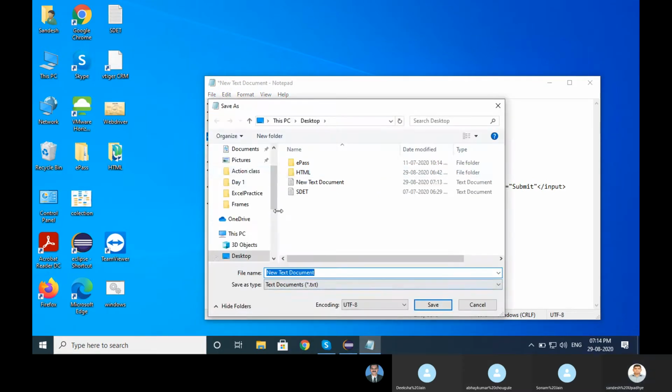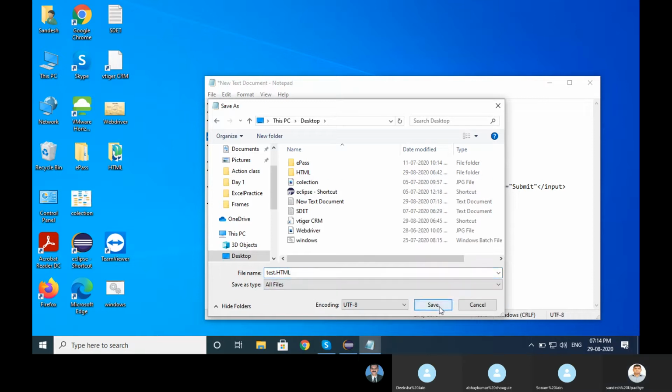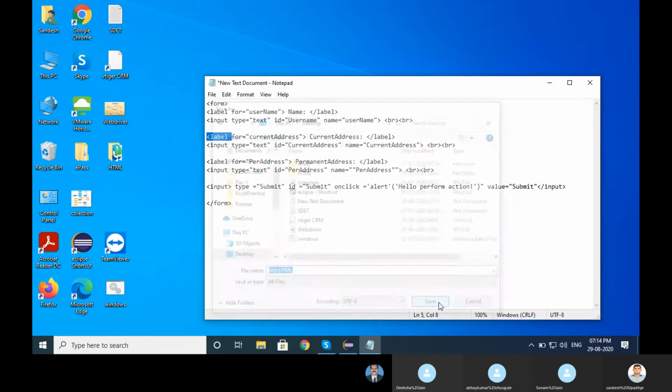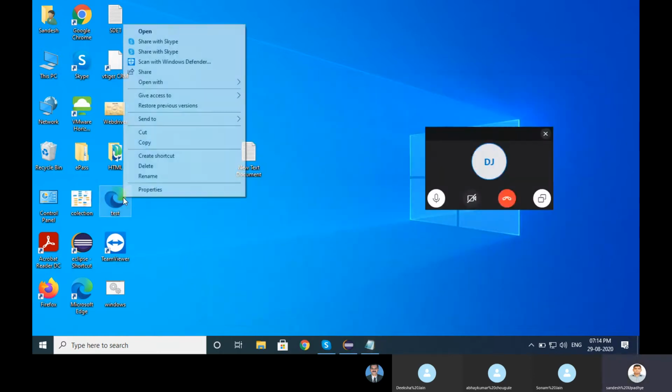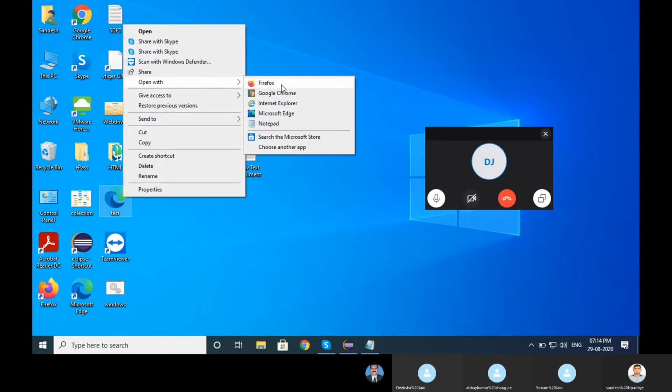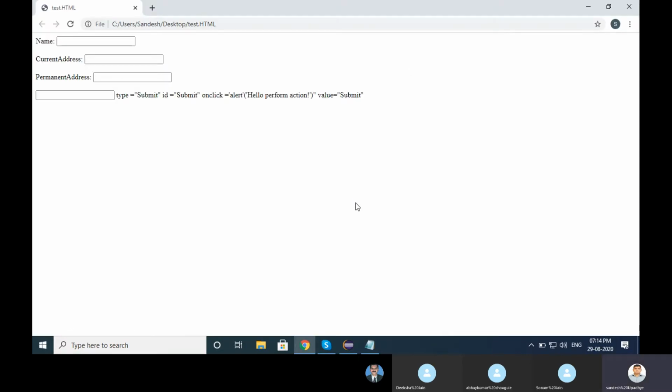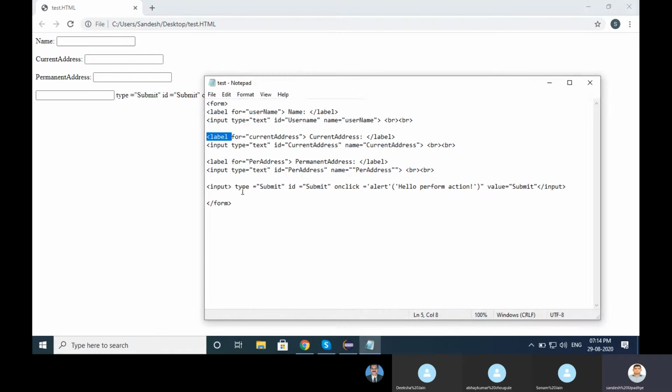Save as. Okay, the submit button is not created. Input type submit, id submit, onclick event alert.